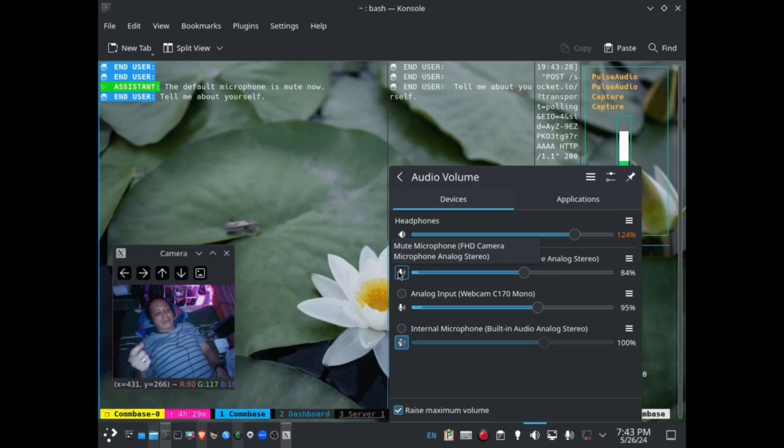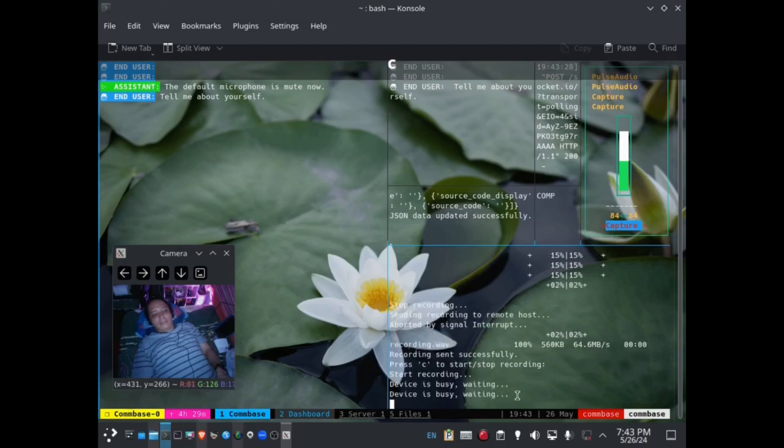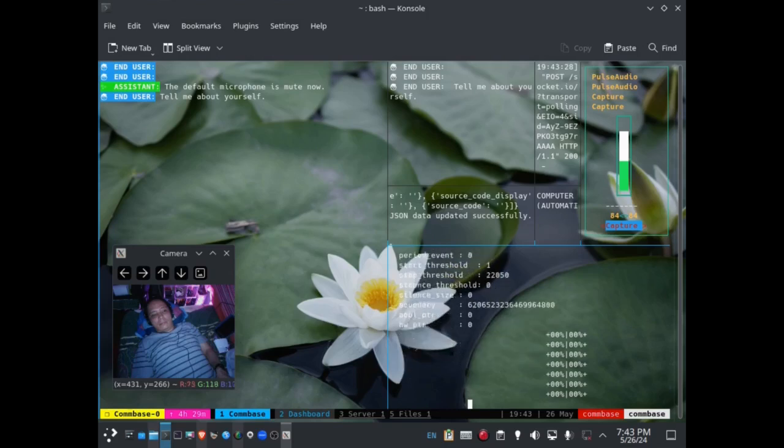So when it is ready to record, like this, for example, 1, 2, record. It says busy. Now it's not, and I am ready to record.